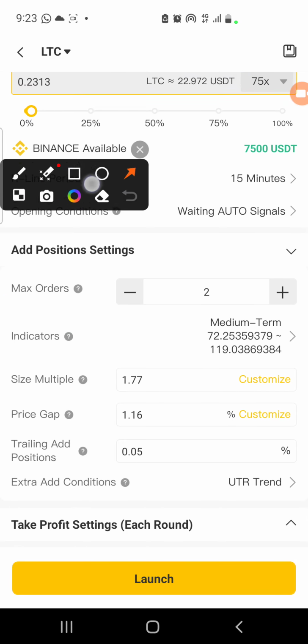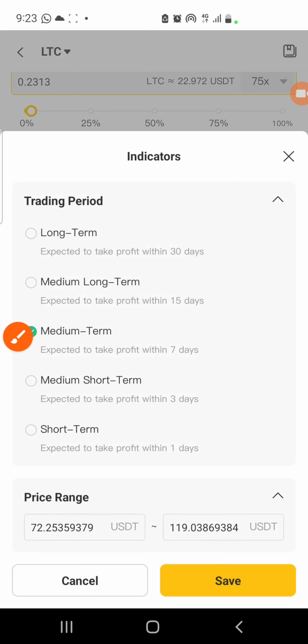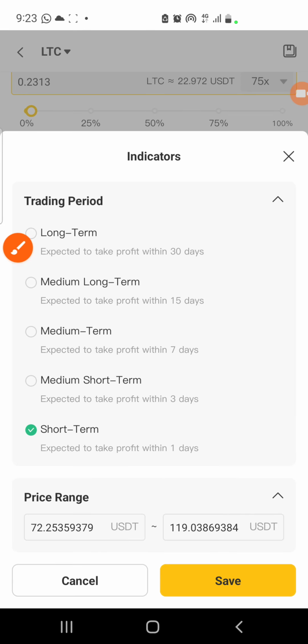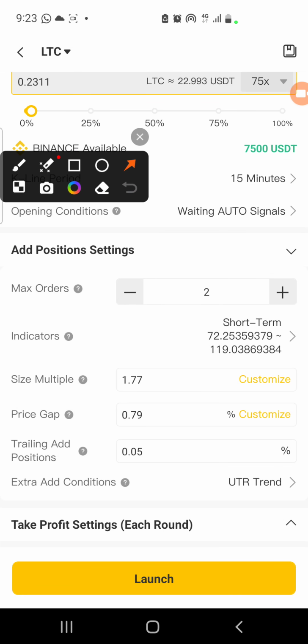and you look for the entity. The next entity is this entity where you see medium term. So we change it from medium term. I said from medium term to short term. Okay, from medium term to short term and save. You understand? So from short term, the next entity that we edit here is this entity of size multiple and